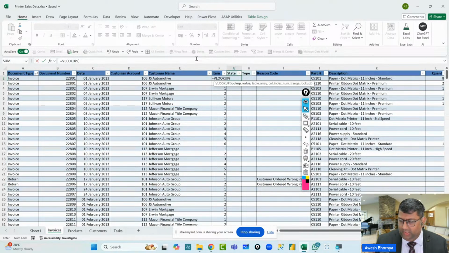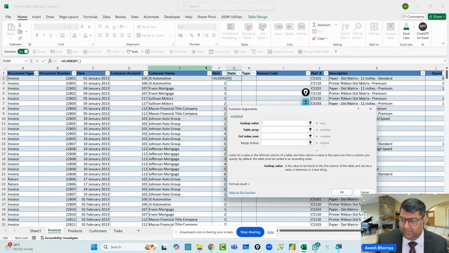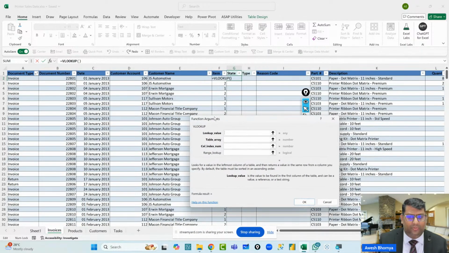So the shortcut here is Shift F3. So when I press Shift F3, I get this particular function arguments dialog box. And this is where we get the calculation done.